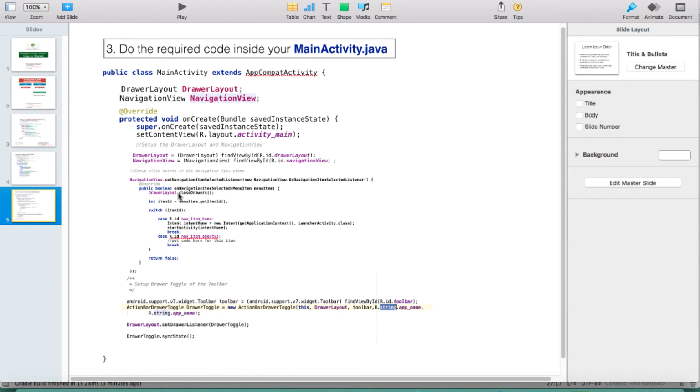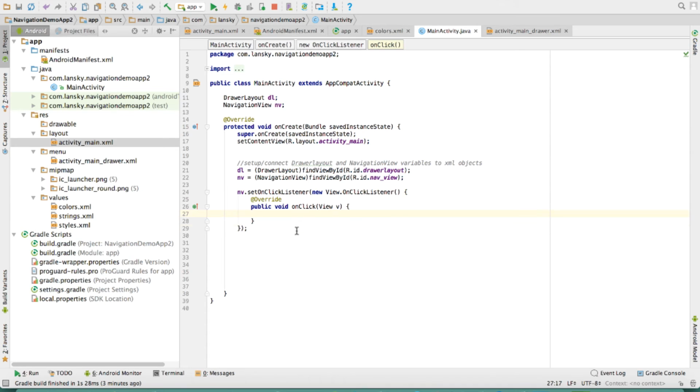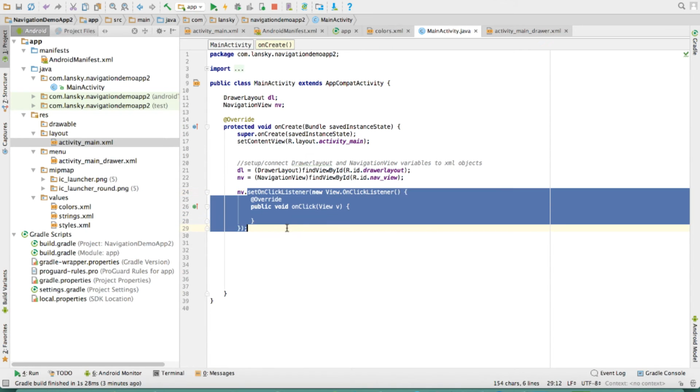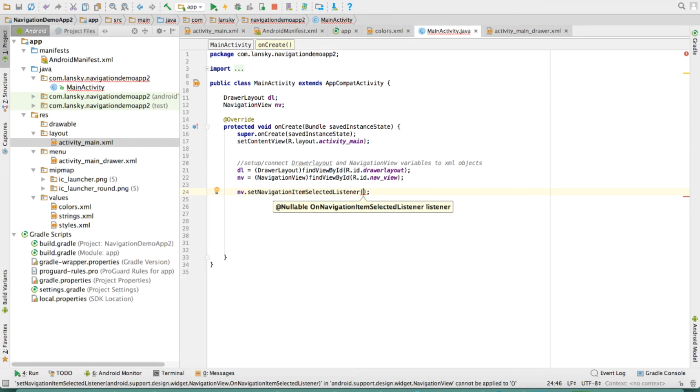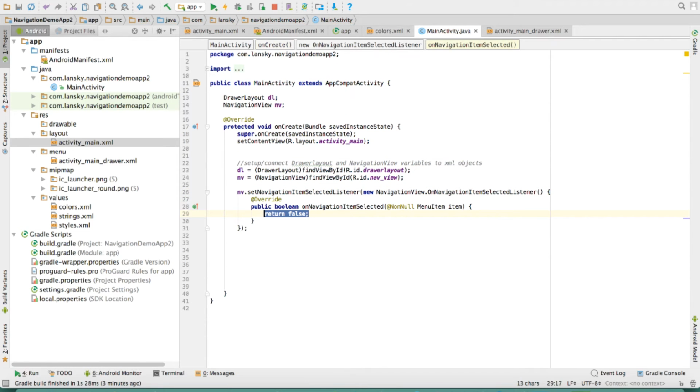So what I have here is, no, it's not on click, it's navigation item click, sorry. So that was wrong. Set navigation item selected listener, new on navigation selected. So the only thing that you should remember is the set navigation item selected listener, and just